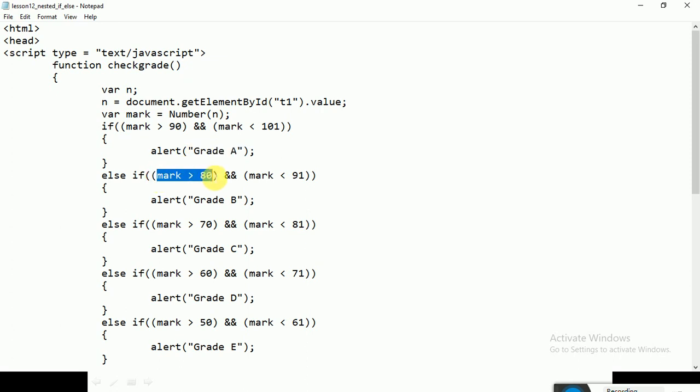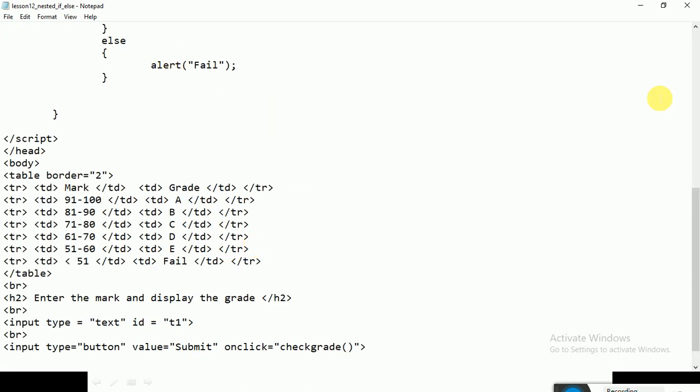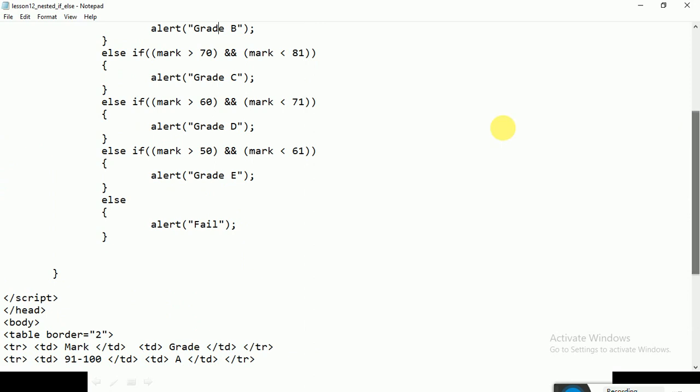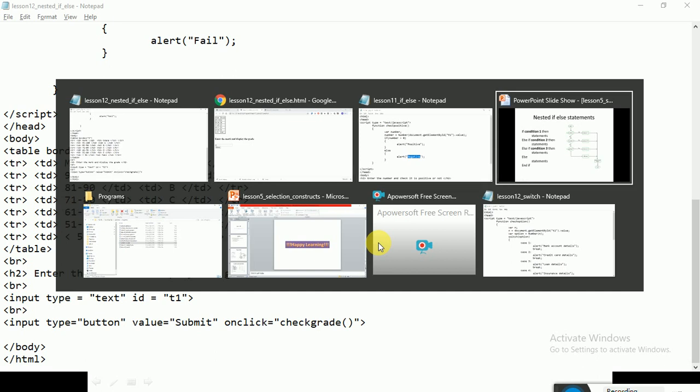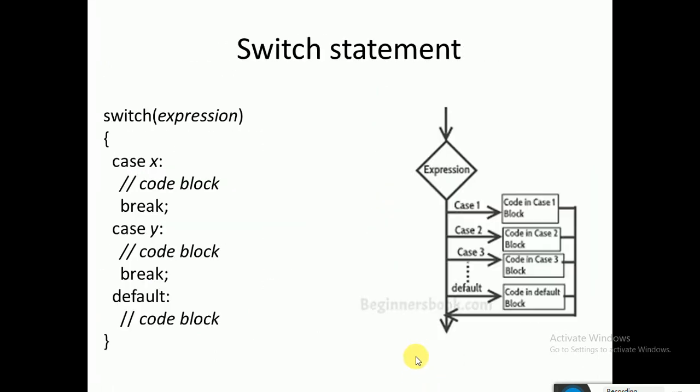If the mark is more than 80 and less than 91, then it will print grade B. If all other conditions are false, it will go to the else part. You can see here, if every condition is false, then it will go to the else part and say it is fail. So this is the nested else-if statement.